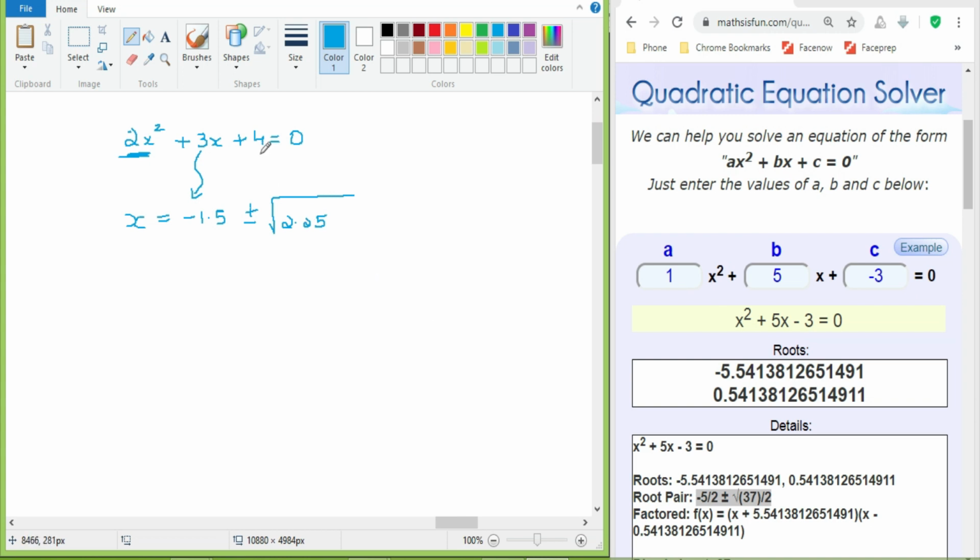2.25 we have got. Since it is plus 4, what do I have to do there? Yes guys, what do I have to do when it is plus 4? Yes, good. We have to write it as minus 8. So when the coefficient is other than 1, you should not just write 4. You have to write the product of this, 4 times 2 is 8. So I have to subtract 8 from this. Once we are done with all that, I'll divide it by the coefficient of x square.